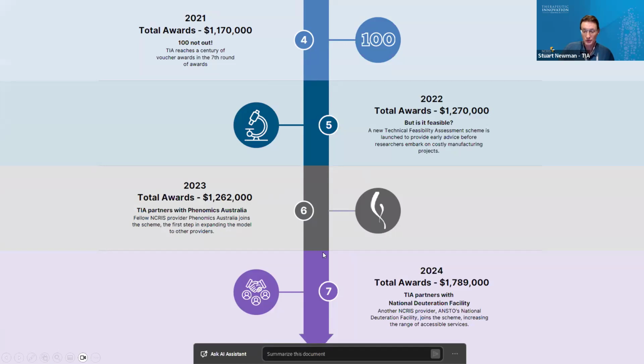And we're very excited to start to include Phenomics Australia and more latterly, the Deuteration facility and Bioplatforms Australia, which is not quite on this version of this diagram, because nonetheless they have joined and it's going from strength to strength. And we are starting to see quite a few outcomes and positive good news stories resulting from these vouchers, including people coming back for a second opportunity and a second award to progress their project in a different facility, which is what we love to see.